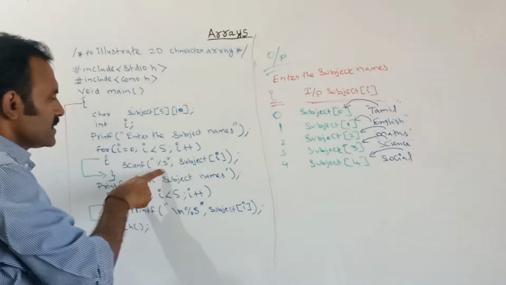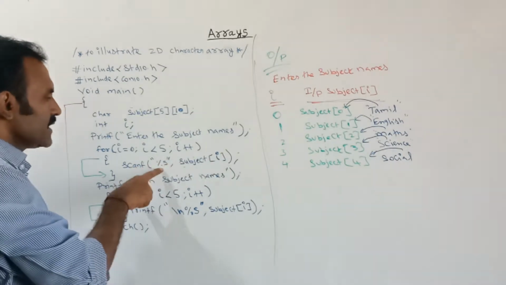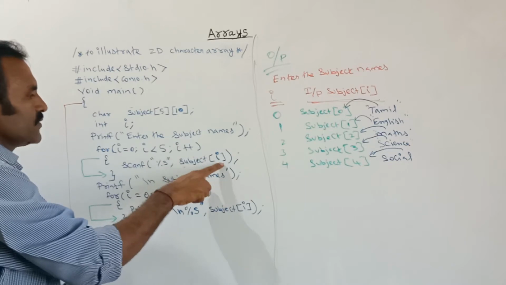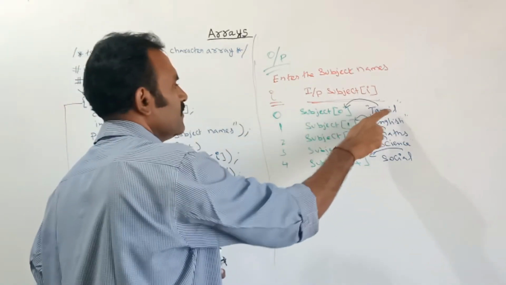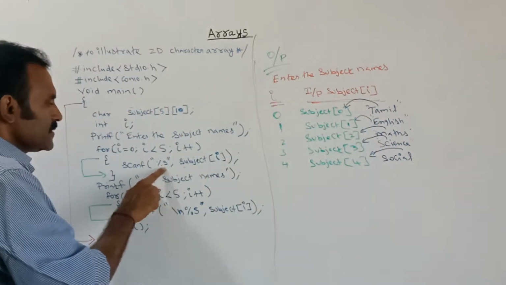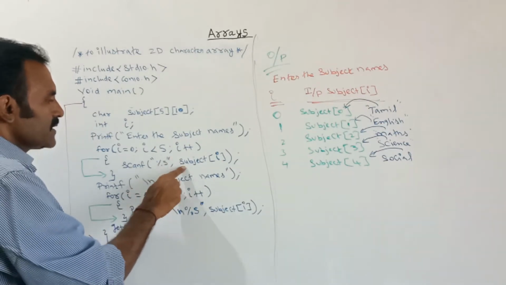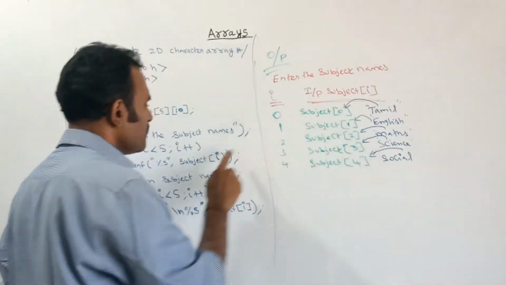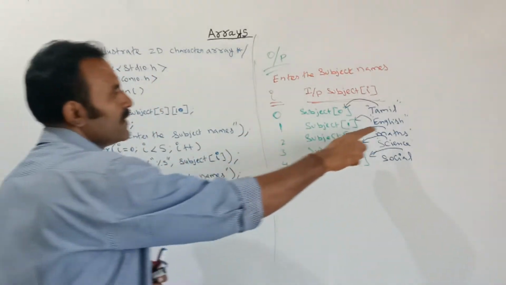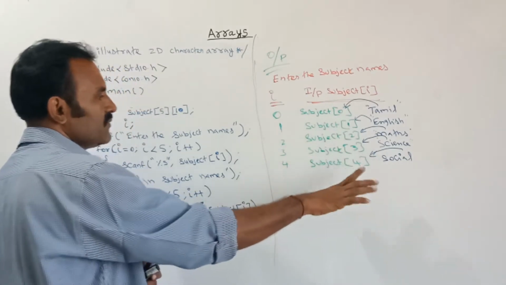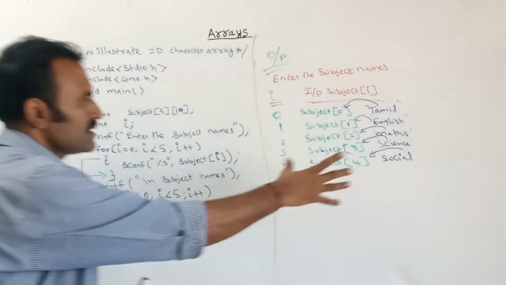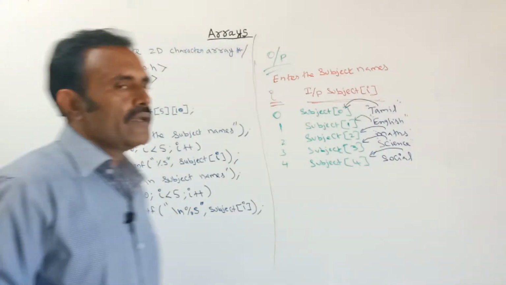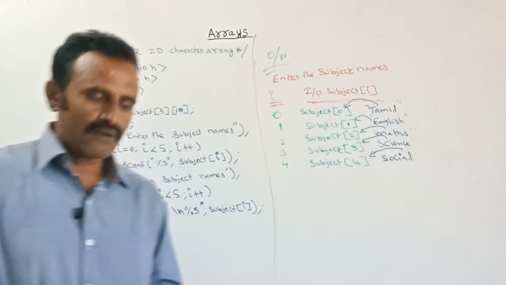With the help of the percentage %s we are storing the string value to the position. Here I is the position, subject of 0th position I am storing the string Tamil. Percentage %s is used for storing the string. Next time, after I value is incremented, at the subject of first position I am storing the string value English, and in a similar way second position, third position, up to fourth position we are giving and storing some string. See, totally how much memory will it occupy.